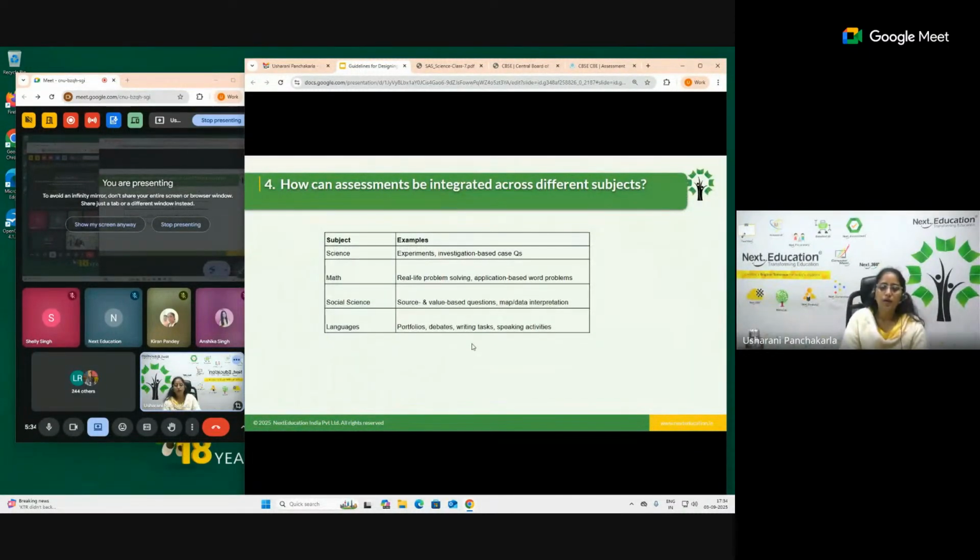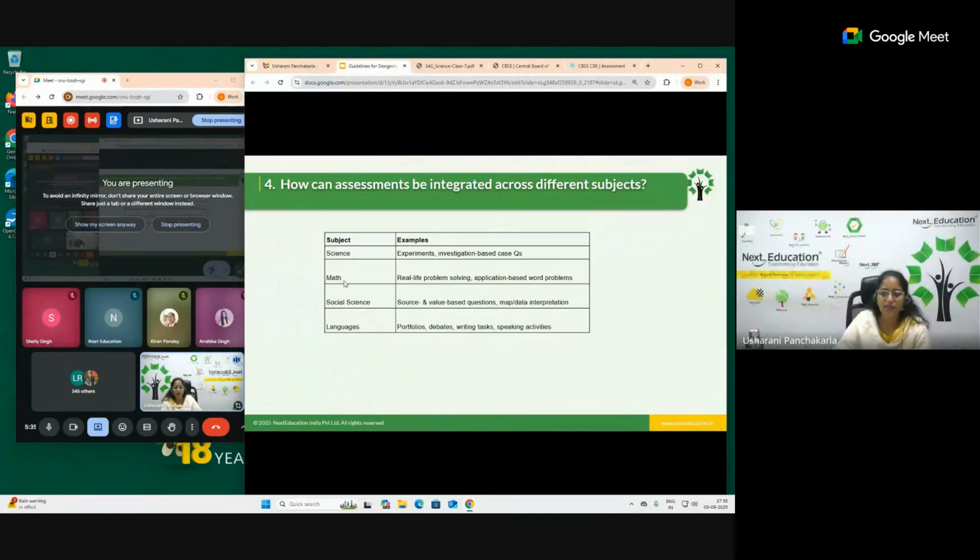Right. Now, coming to science, some of the examples shown include experiment based questions, investigation based questions, value based questions, and case study scenario questions. These are all the different patterns that we can use, along with assertion and reasoning, etc., and I'll be showing all the different patterns of questions with one example and a description of each. For example, when it comes to case study, we have a textual one, a comparison one, a bar graph one, and a pictorial one.